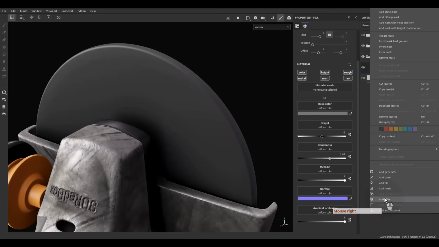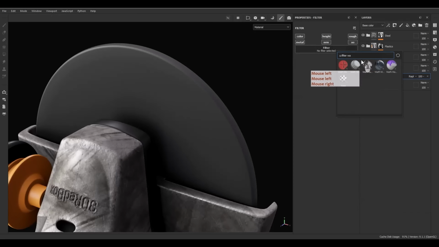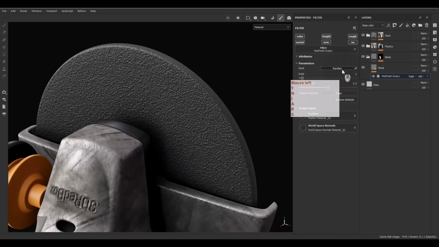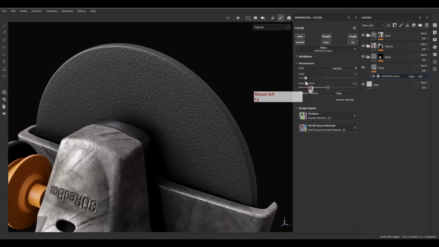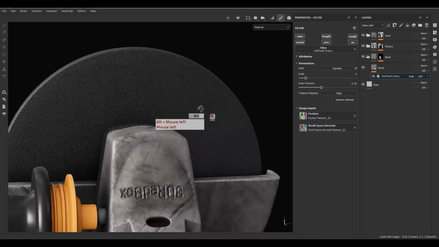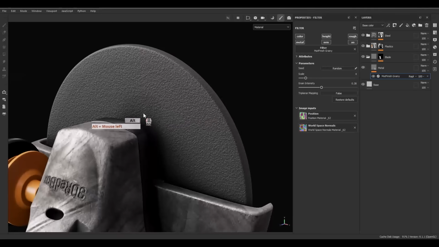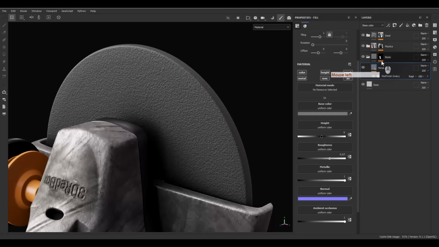So let's add a filter again. And I'm going to use the grain filter. Okay, and for the scale, let's choose 4. And for the intensity, let's decrease the intensity. Yeah, something like this. So basically, we have the base material here with just a single layer, but let's add some